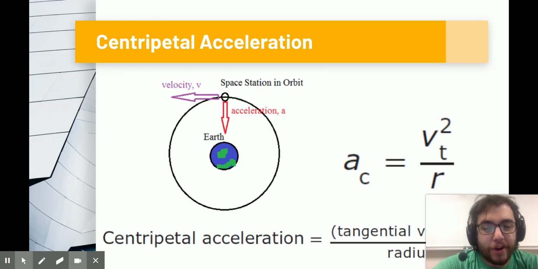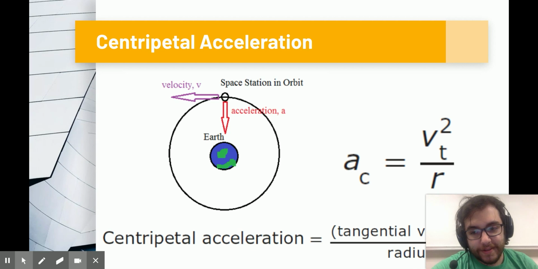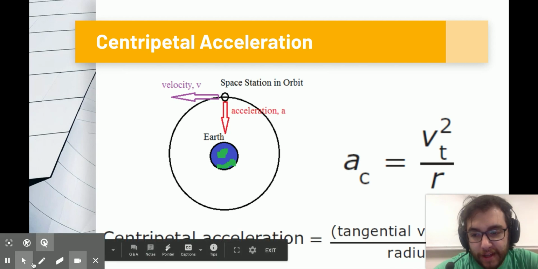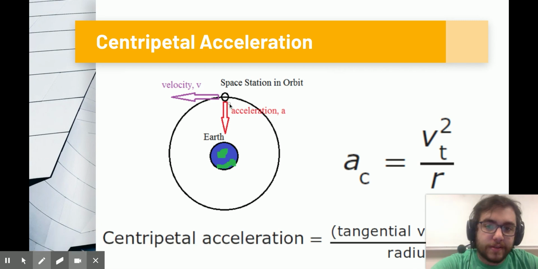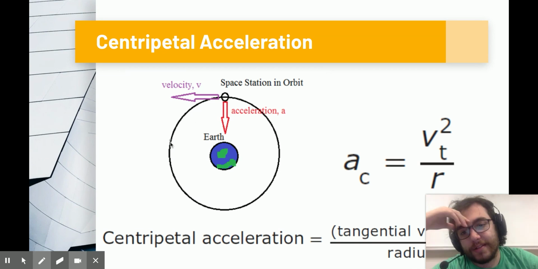Okay, so this is centripetal acceleration. It is the acceleration of any object that is moving around in a circle. One object that is constantly experiencing this is the space station, because it is moving about the Earth in a constant circular motion where its velocity at any point in time is tangent, which, if some of you might